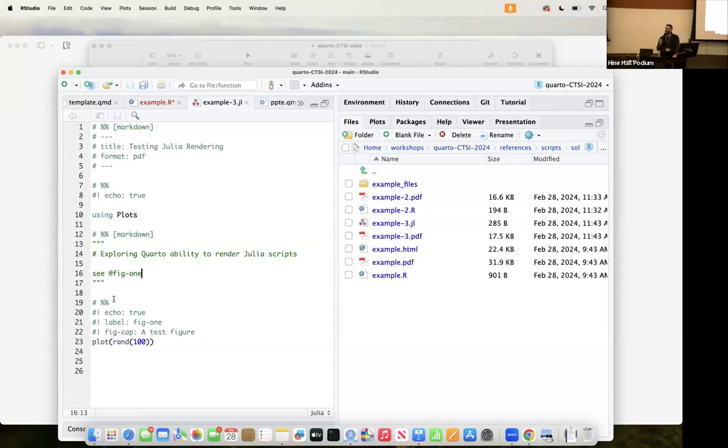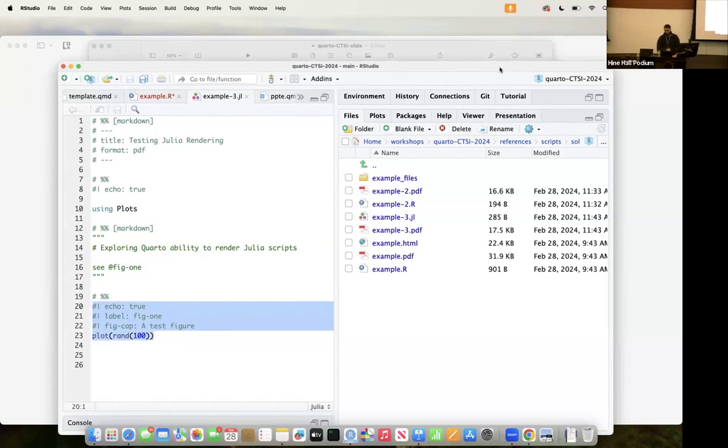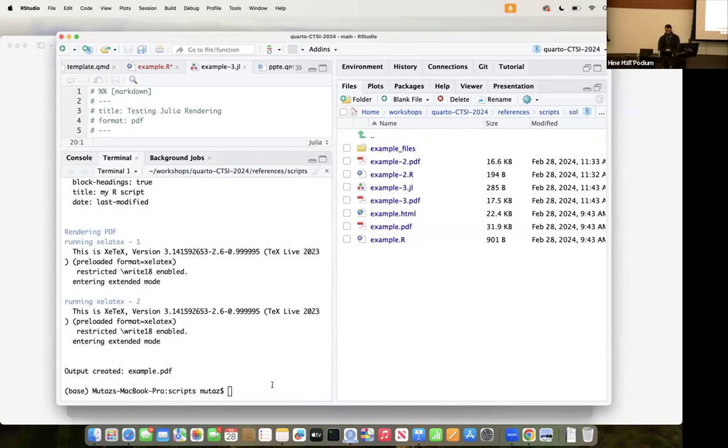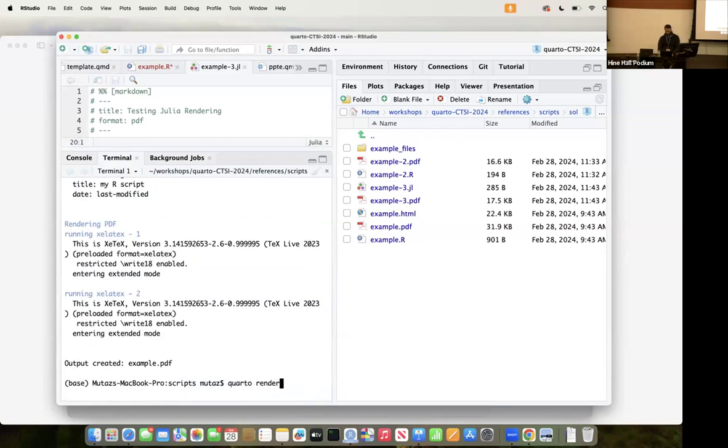And this is again the example that Sam asked about. The plot appears below the citation of the plot, because you can see here, see figure 1, and the figure is created here again. So if we want to render this, make sure you have Julia or Python. If you are using those in your analyses, make sure they are installed on your computer, and you can do it the same. Quarto render,